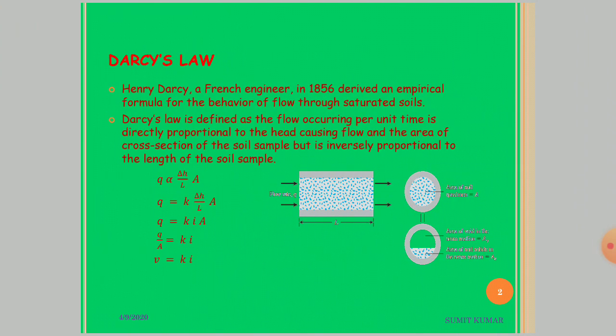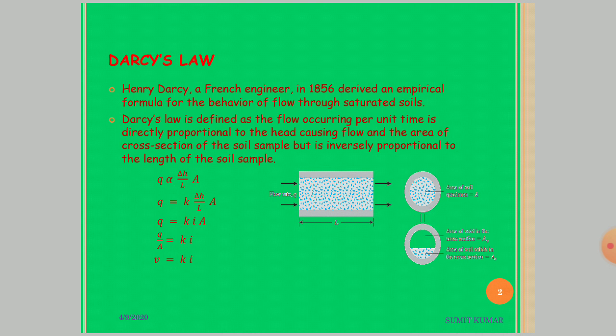Darcy, a French engineer, in 1856 derived an empirical formula for the behavior of flow through saturated soil. He found that the flow through soil occurring per unit time is directly proportional to the head causing flow and the area of cross section of the soil sample, but is inversely proportional to the length of the soil sample. That is, Q is directly proportional to del H by L into A. After removing the proportionality sign, we get Q is equal to K into del H by L into A, where